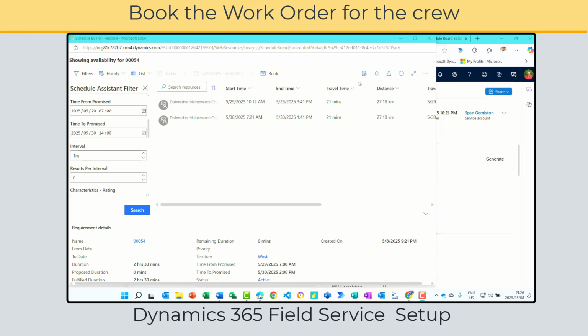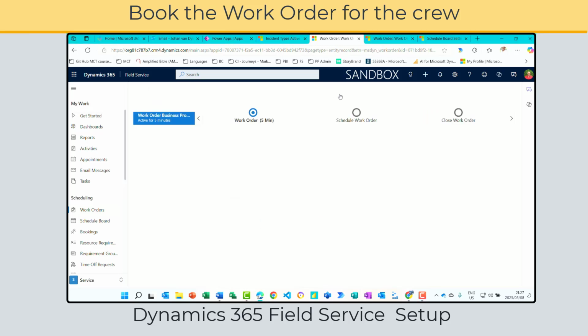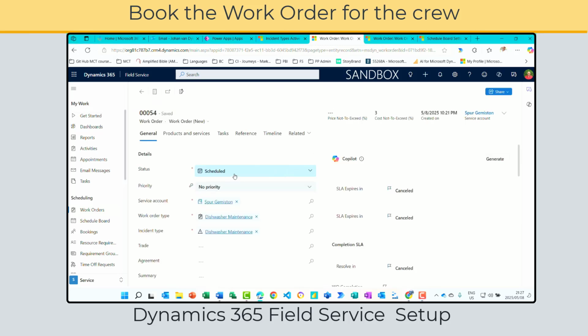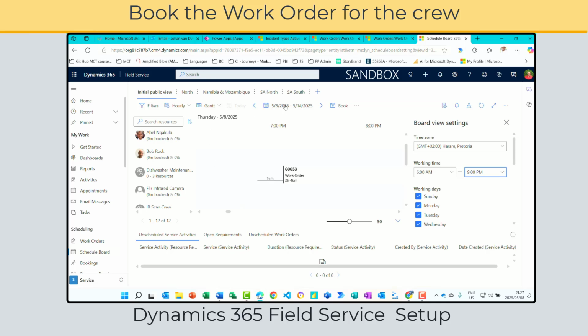Okay, so it indicates the booking was created. I'm going to close that. On my work order, if I just go and refresh the work order, you'll see that work order now indicates that it's been scheduled. So if we go through to the schedule board,